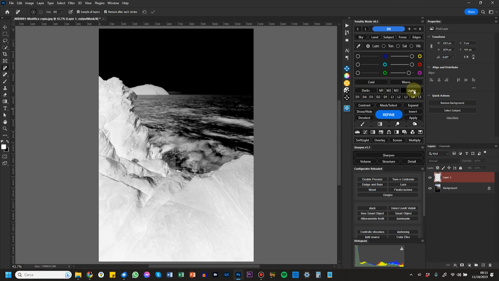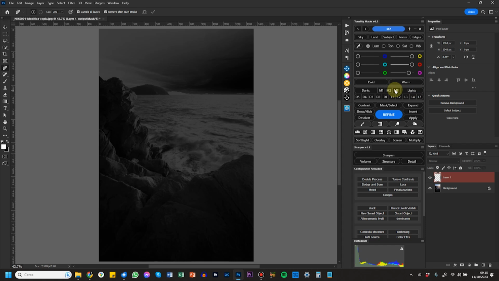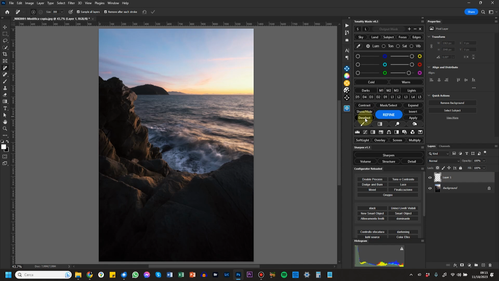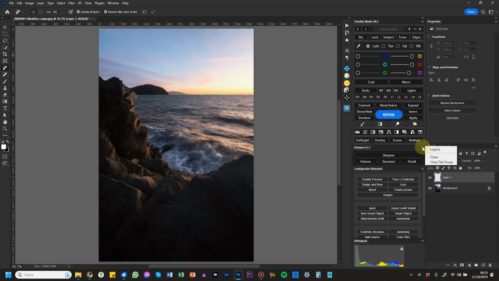In this case, I will also make a point here about the midtones mask, because there is no midtones 0 mask for a very simple reason. I deselect that now. You may have noticed that all the different tabs and windows in Photoshop have this little icon of 4 lines, which are the options. If I enter the options of the TM panel, I can go to the Smart Mid Mask menu and enable or disable it.